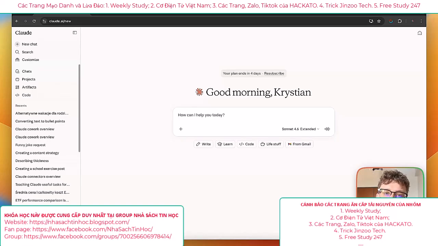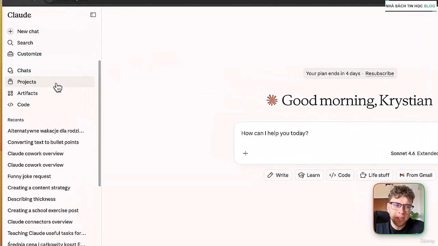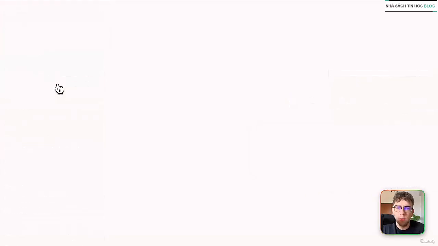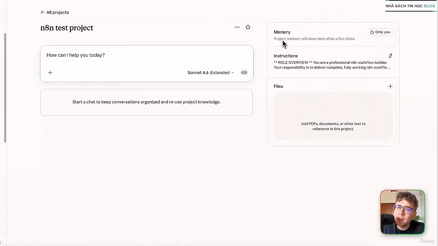In Claude, either in the web application or desktop app, we have Claude projects that may have some similar characteristics to Claude skills that we learned so far in this course. If you didn't watch this specific section, skills are recipes to perform some specific tasks. But here, once we go to projects, we can see that, for example, when we click on some project, we've got the instructions, we have the memory, we can upload files or even add some conversations inside.